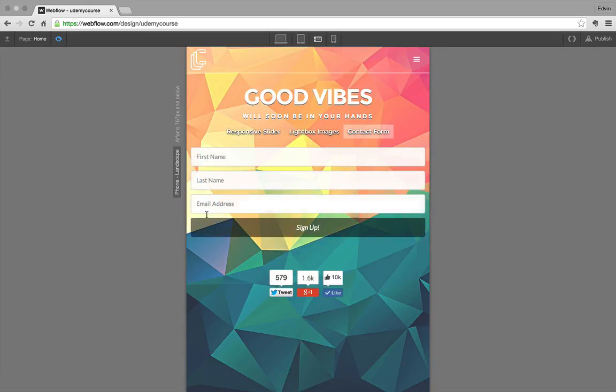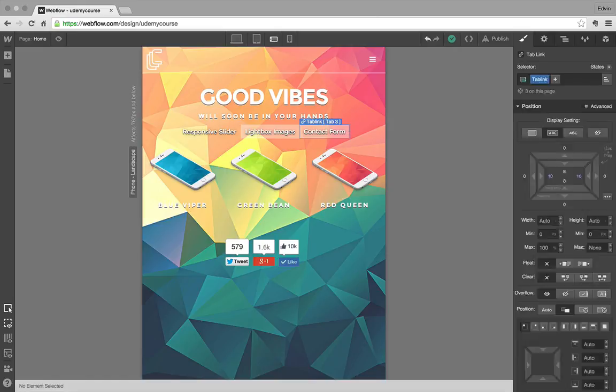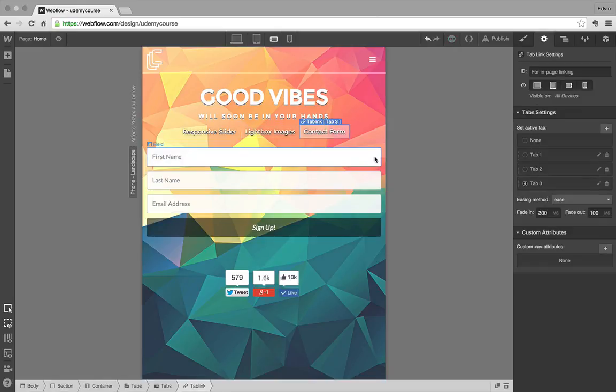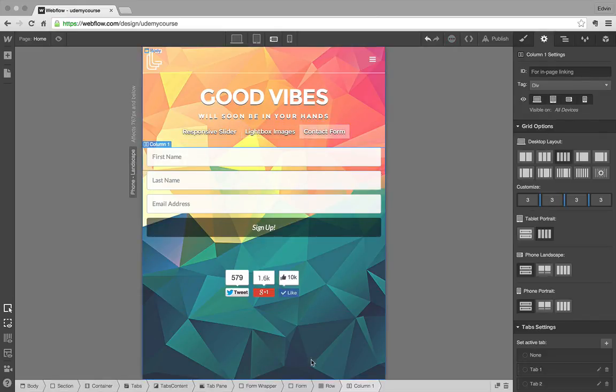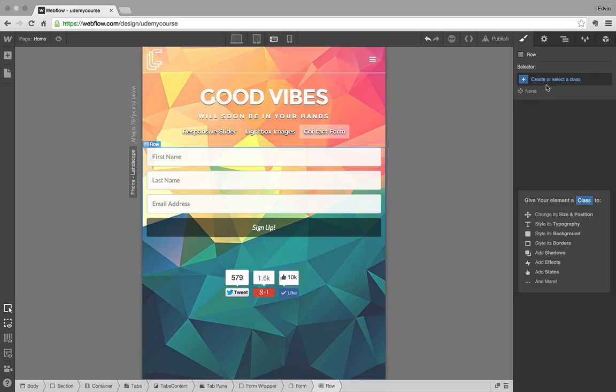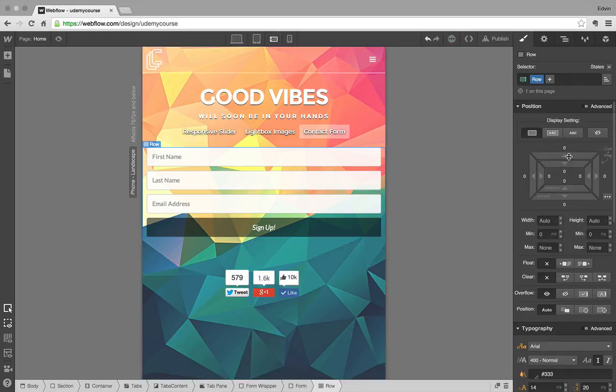And with that done, all I need to do is take care of our contact form. So I want to bring this in a bit because it doesn't have to be so long. Let's move into our tab 3, and we'll select, let's do the row. So we can give this a class of row, and let's change the padding